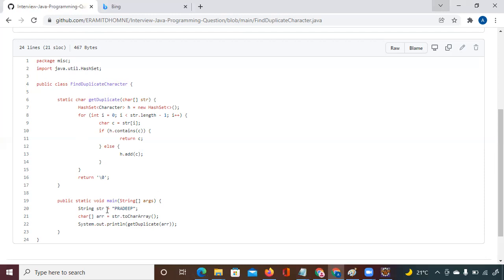Then it will initialize this array. It will convert your string to the character array, and it will call from here. This get duplicate array, what does it mean? As it encounters this line, immediately the flow will come to this function, execute it, and whatever the output is, it will come here and print that.